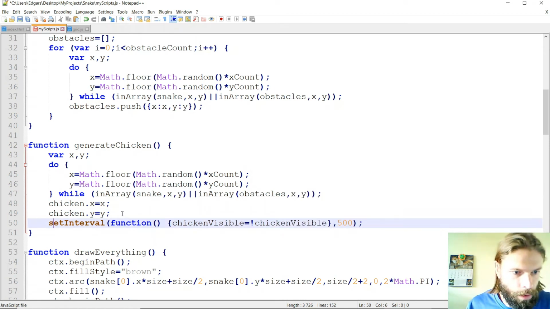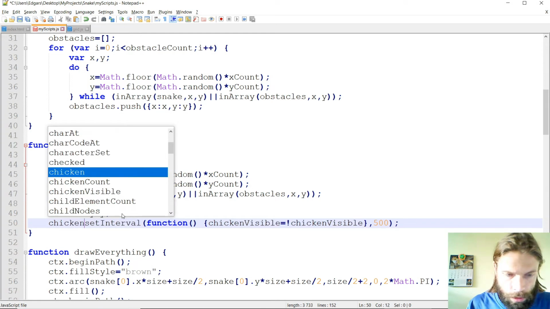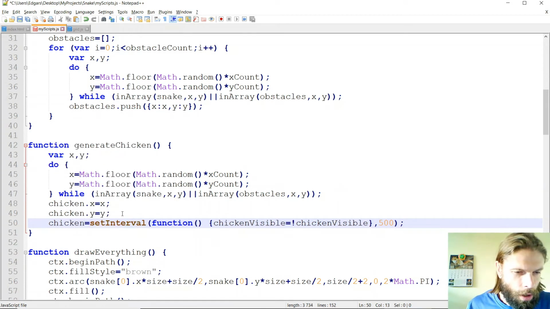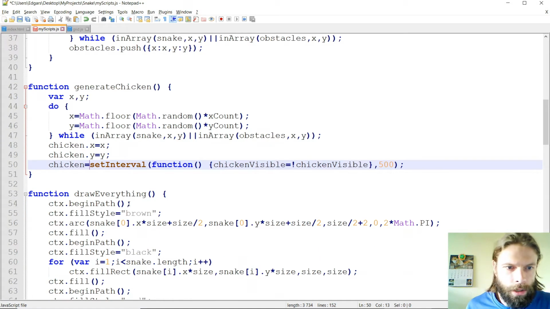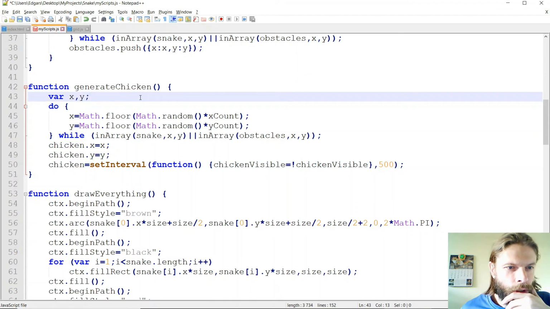Okay, so this will be our interval. And now where do we clear the interval? Generate chicken